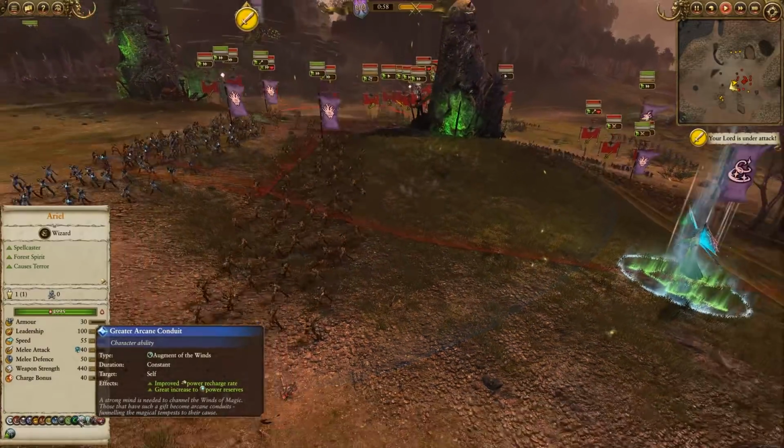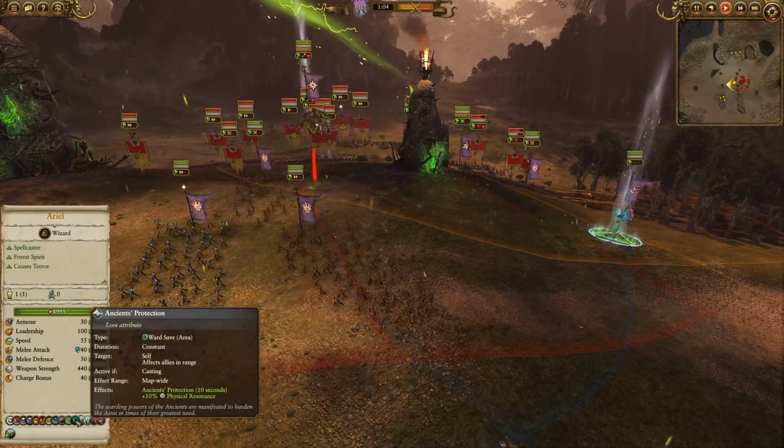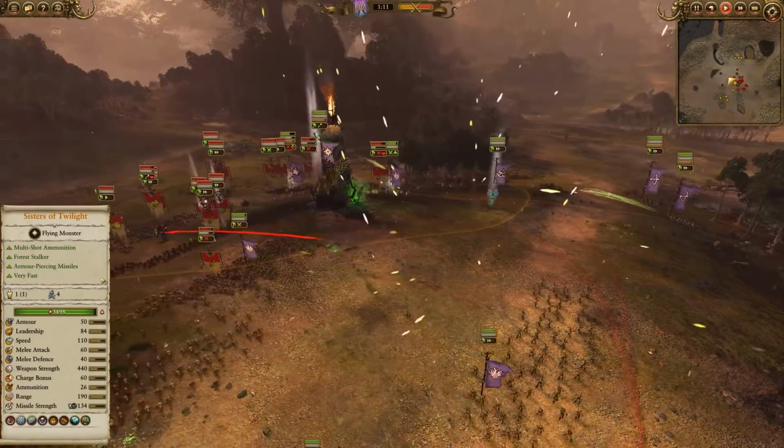She's got a greater Arcane Conduit, so lots of Winds of Magic. 10% ward save in a map-wide every time you cast. This is sort of the High Elves version of Shield of Safri, the Ancient's Protection. She has a few other abilities that I'll show off in just a minute, but here you can see our army's